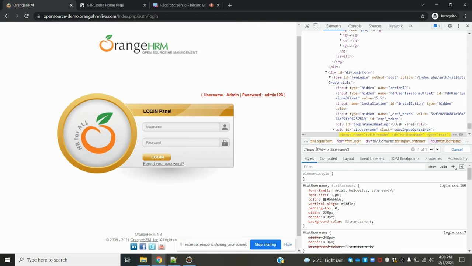In case you don't know the tag name but you know the web element locator, then you can use the star symbol. You can find it easily. Nothing to worry about. If you don't know the tag name, we can give the star symbol. Then if you know the id value or name value of that particular web element, we can easily find it. Like this we can do.